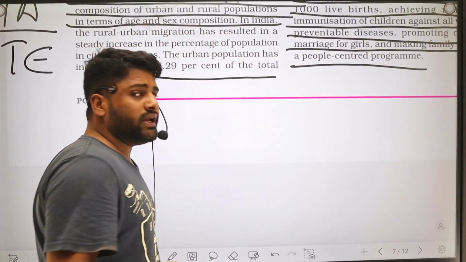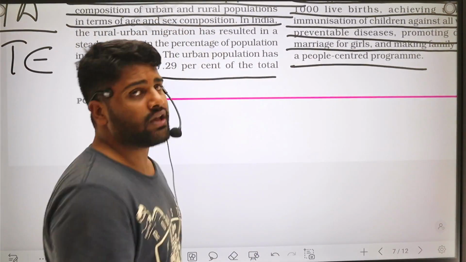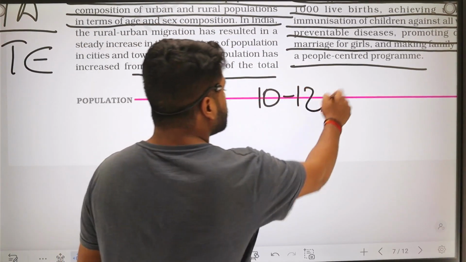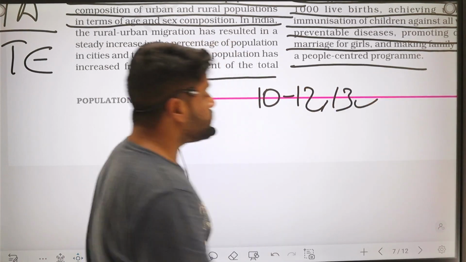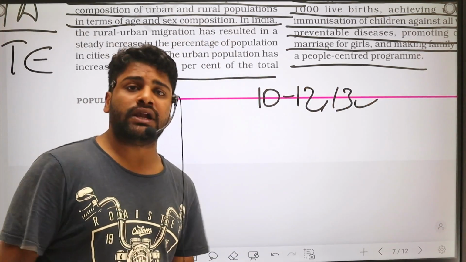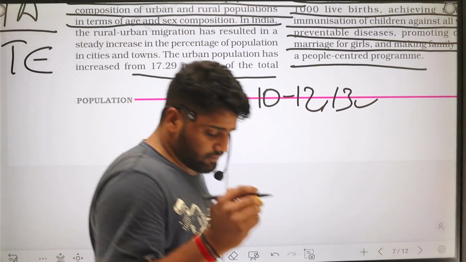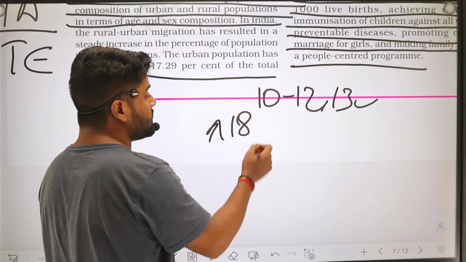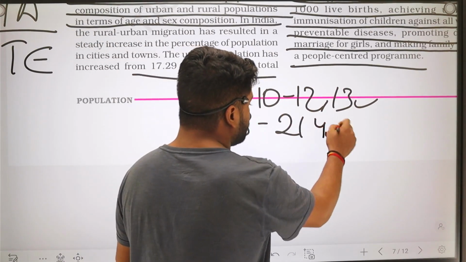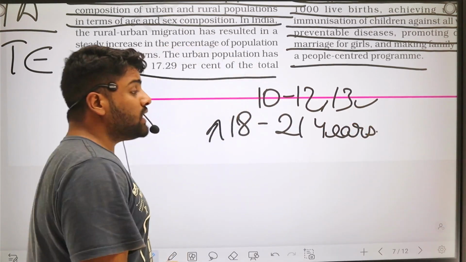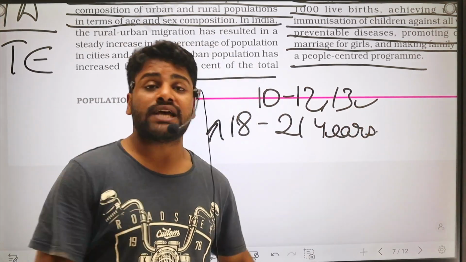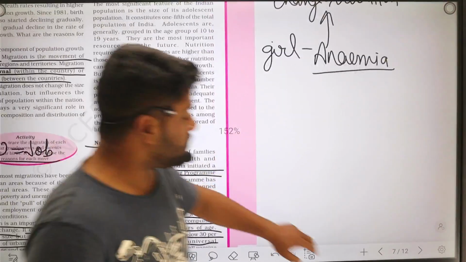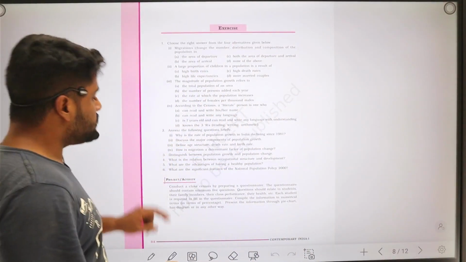Now, earlier in India, as soon as the girl reached adolescence, she was married. That means if she reached 10, 12, 13, she would be married off. So it was not good. The age of marriage was increased up to 18 years, and currently it is 21 years, so that the girl can become mature enough to decide what is good for her and what is not good for her. Okay, let's come to the last point of this chapter.